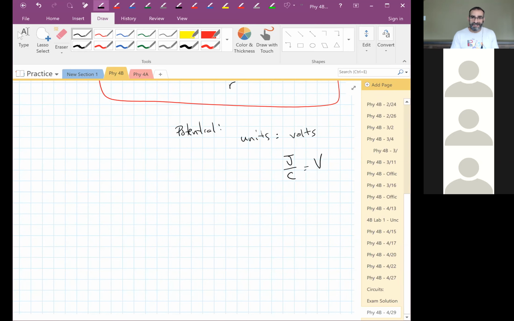So what do you think we're going to do now? We just found the electric potential from a point charge. So we're going to find the electric potential from a line of charge. We're going to treat each little infinitesimal chunk of that like a point charge and integrate and add them up. So let's find the electric potential